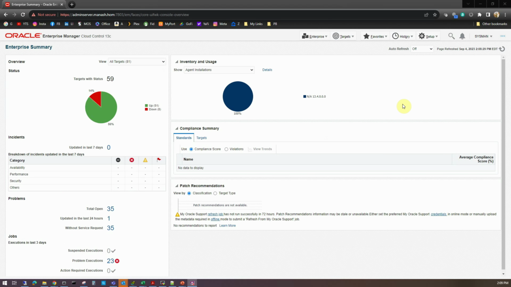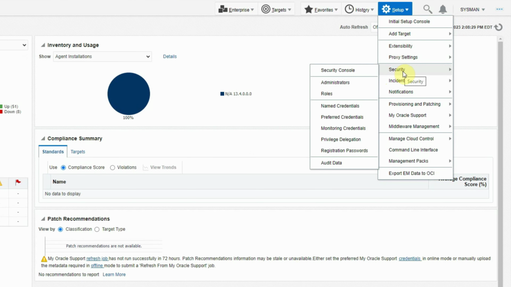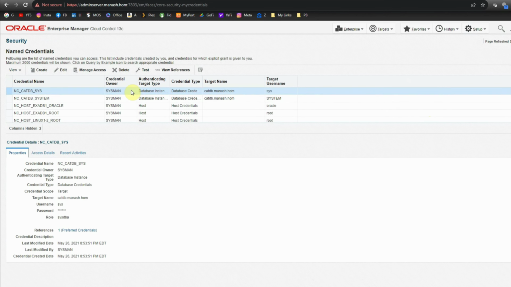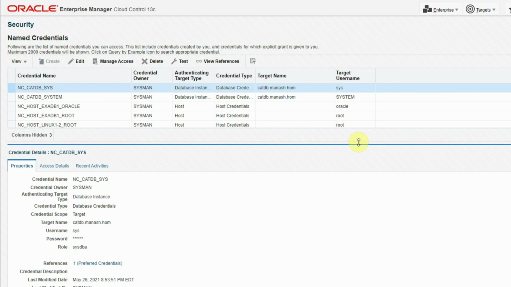So we will first log in to our OEM console as the sysman user, and to create the host named credential, we will go to the Setup menu, and under that click on the Security menu and then Named Credentials. We already have a couple of named credentials created before. I will just ignore them and create a new one. So first we will click on this Create button,